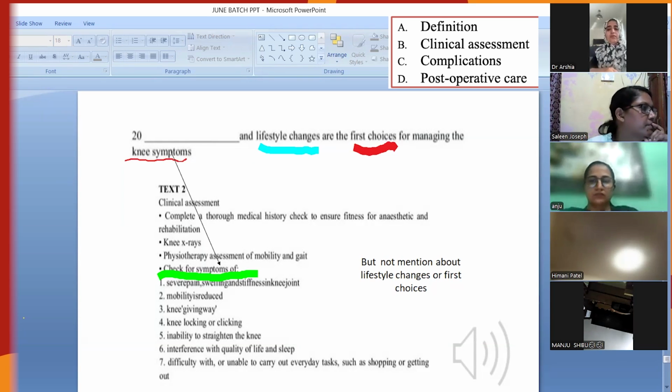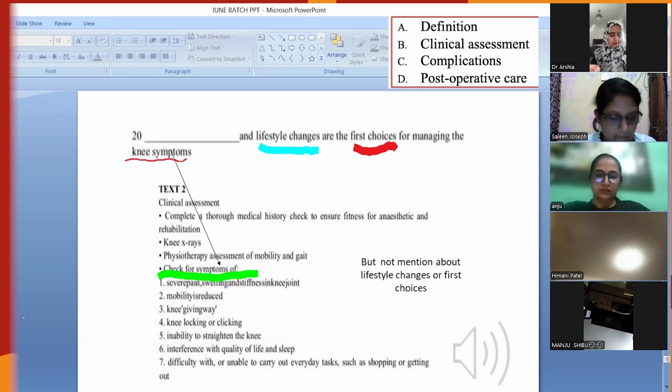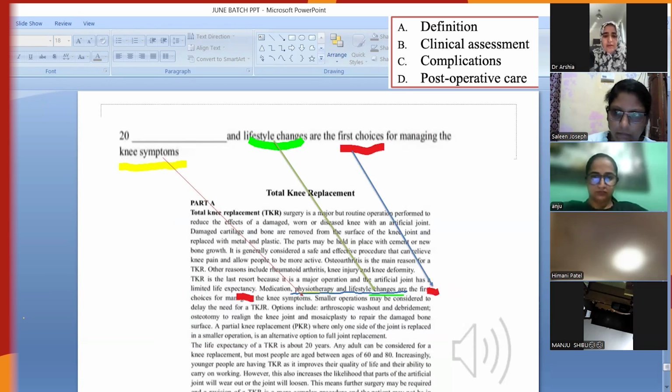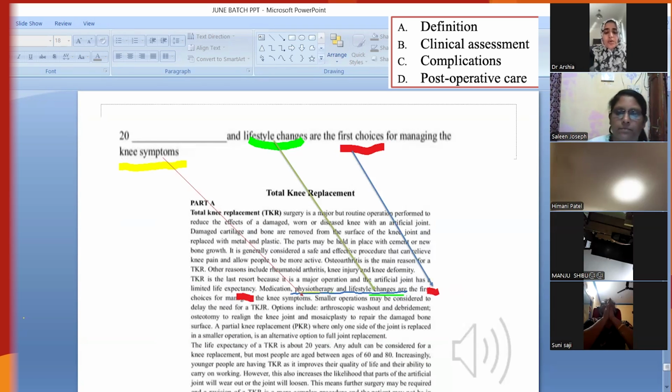First of all, we will go for skimming of the text. While skimming this paragraph, I found a visual clue, that was a list of words, three words. Here it is underlined: the medication, physiotherapy, and the lifestyle changes. This is a list of three words, so it is included in the visual clues. So I underlined these, and then we will go to the question